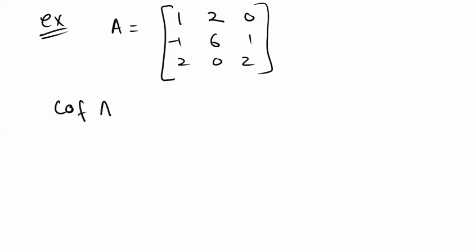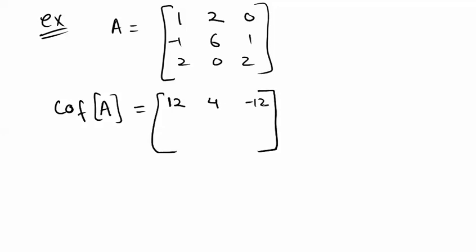We wanted the cofactor matrix. We'll find all the cofactors of all the elements and put them here, right? Cofactors of matrix A means we will find the cofactor of each element, i belongs to 1, j belongs to 1, and so on. If I solve it, you will find this is coming out to be 12, 4, -12, -4, 2, 4, 2, -1, 8. How did you get it? You can solve it.